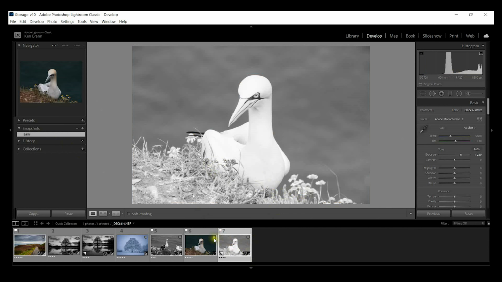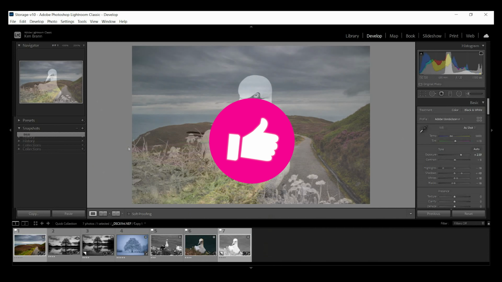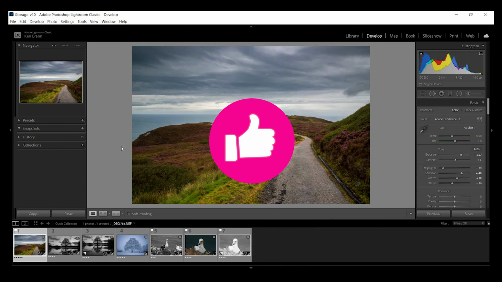It's portable, like we talked about before, and it follows this image around wherever it goes. Now keep in mind, if you export this as a DNG and send it off to somebody, and you change your snapshot inside of Lightroom, it's not going to change the DNG file once it's exported. So now that we've looked at the snapshot, let's check out the virtual copy.